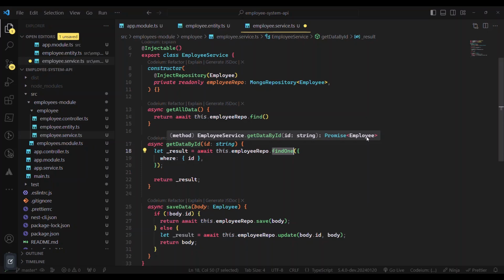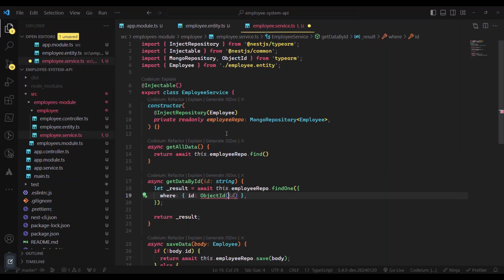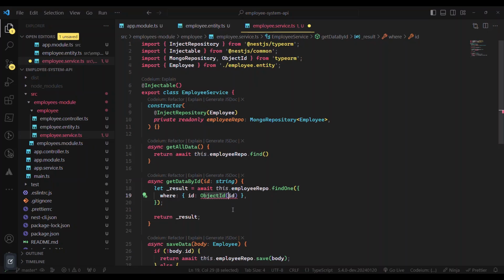I spent so much time on this, so you have to mention it. For capturing a MongoDB ID based record, you have to mention it in this way. This is the ID that is coming from the parameter, and this is the ID of the database, and we have to convert the parameter ID. This is typecasting. We have to convert it into the object ID, which is a type that we have mentioned in our entity, and the object ID is coming from